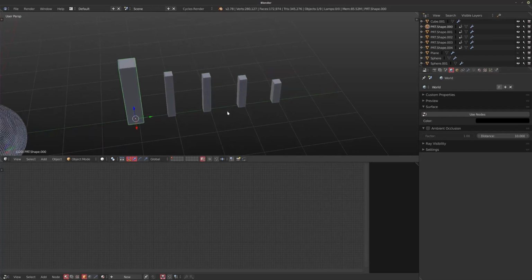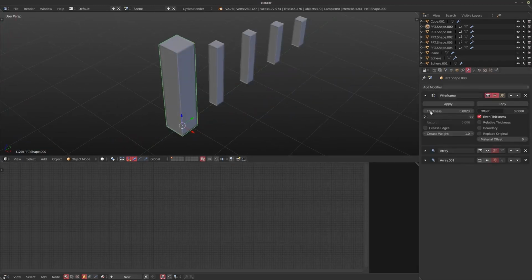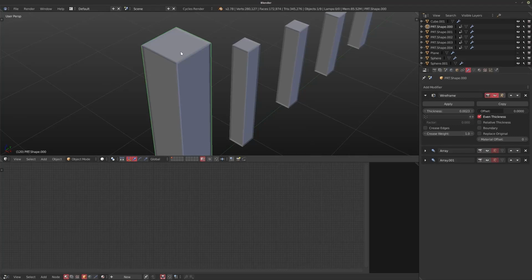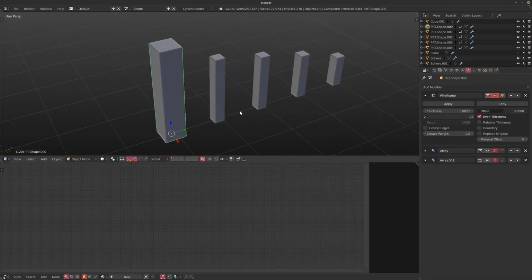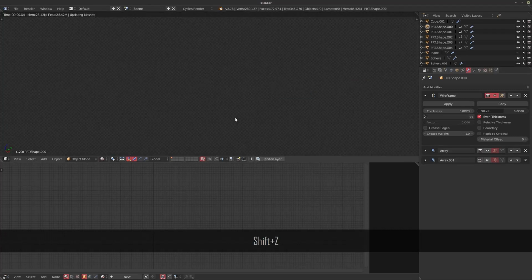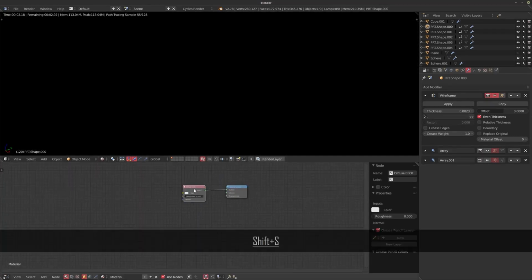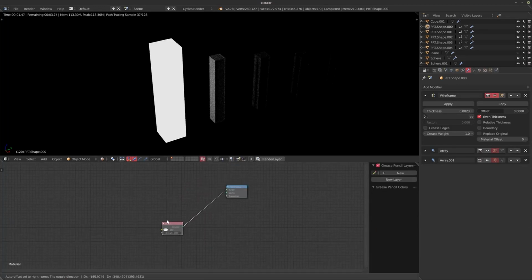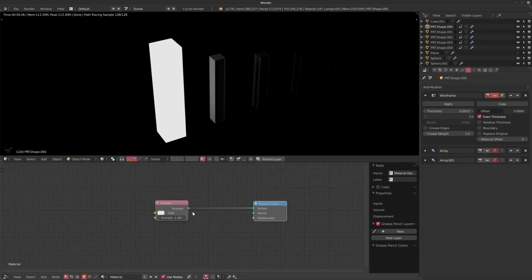So I'm going to start with this first one actually. And this is a very simple cube. As I've shown before, the array modifiers are turned off. So we have this little wireframe around it and this little middle section. So how do you go about shading something UI like? Now, I like using emission shaders. And by emission shaders, I mean a lot of emission shaders. So if I change this to emission, you'll see the surface just lights up, and that's not really what I wanted. I want to make it look really cool, a bit more interesting.